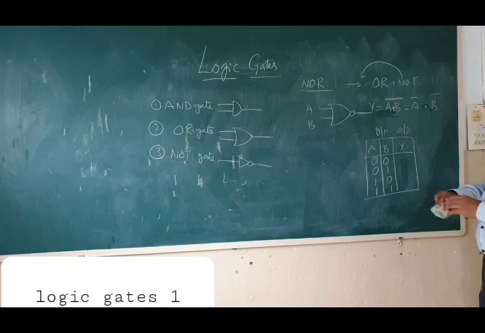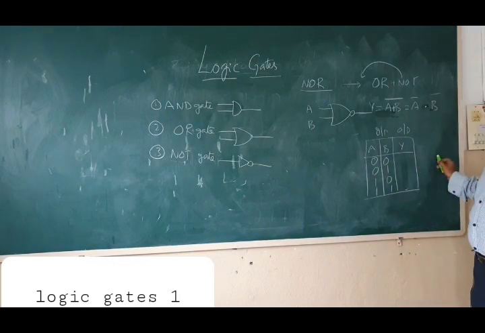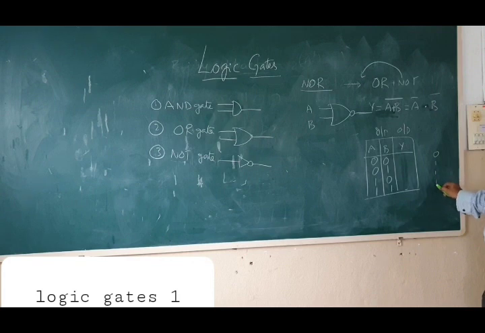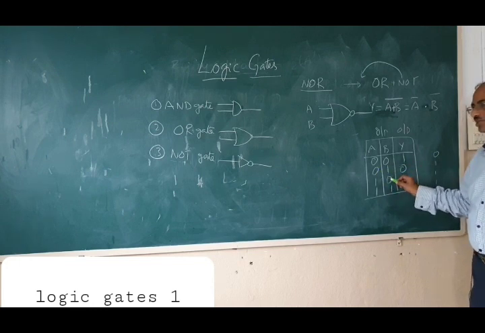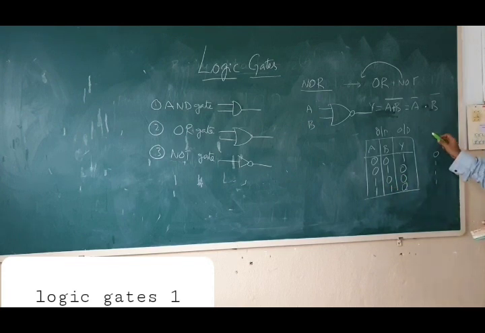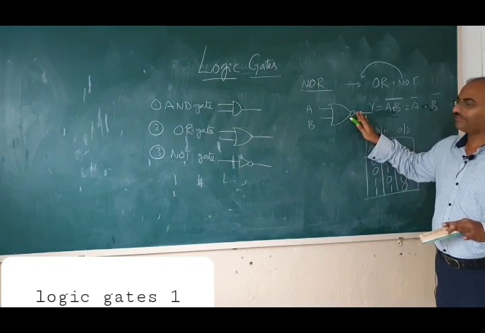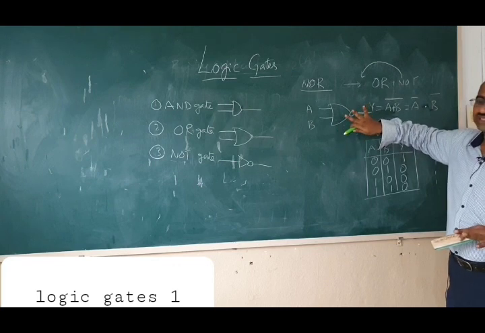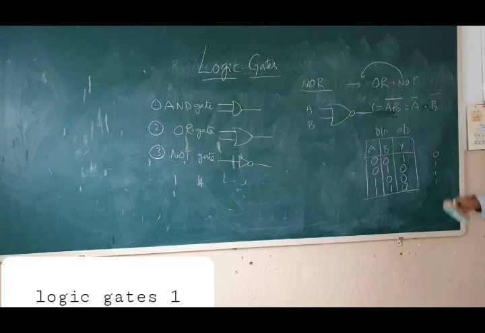Now what is NOR logic? What you are getting for OR is reversed. For the OR gate, you got 0 for the first case and the remaining as 1. Now it is reversed. 0 or 0 is 0, bar is 1. 0 or 1 is 1, bar is 0. 1 or 0 is 1, bar is 0. 1 or 1 is 1, bar is 0. So just like OR, it is reversed. The NOT gate will negate, or inverse, the output of OR. So this is the NOR logic.